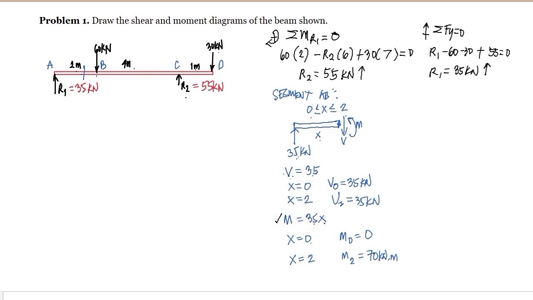So if we are going to take the differential of the moment equation, then we have here the shear equation. In this way, pwede nating ma-check whether tumutugma ba yung equation ng moment natin dun sa shear. Now, we have to take note of this kasi if we have here the shear is